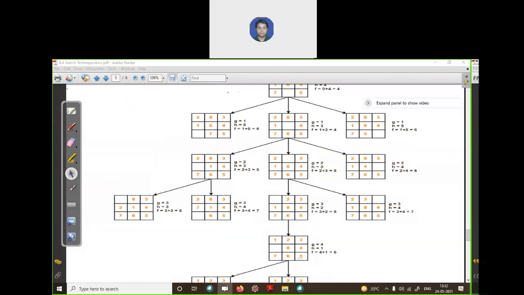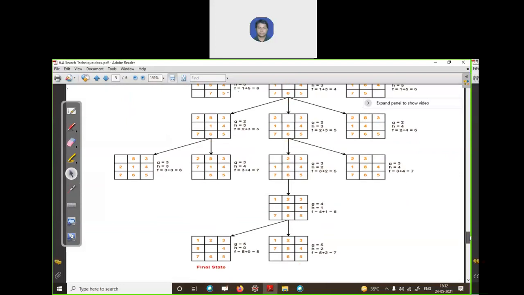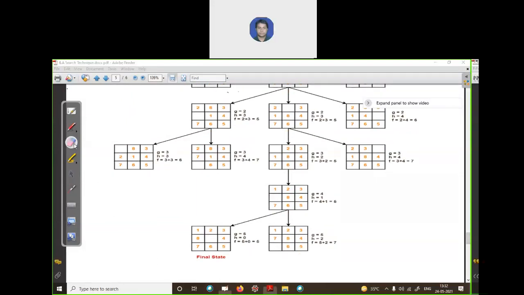Okay, then calculate. Always we are calculating the heuristic value, and here we have 4 terminal values: 6, 7, 5, 7. Again you can see 5 is the least, so we explore this, and there's only one path, one move is possible. If we move right, you will reach your previous state, so this path we will not follow, only move your tile down. In this state the heuristic value is 1, and the actual cost is 4 from the initial state, which sums up to 5.